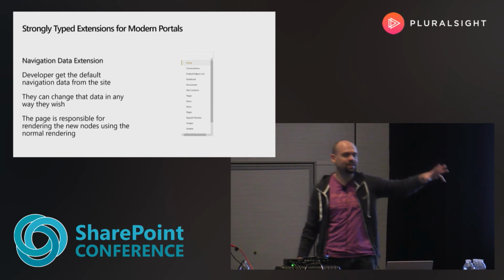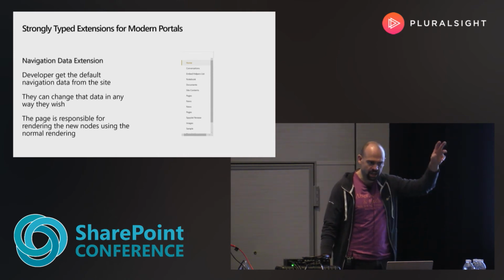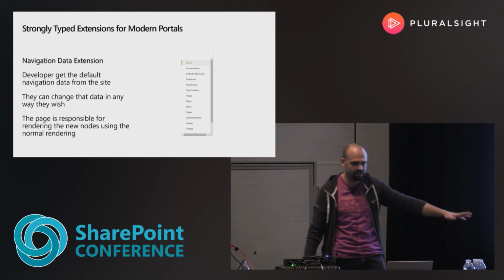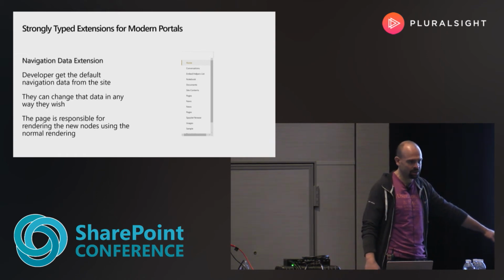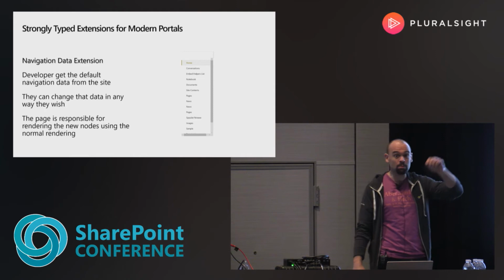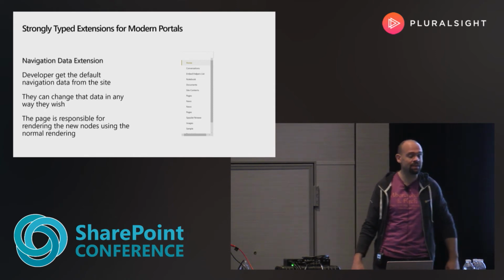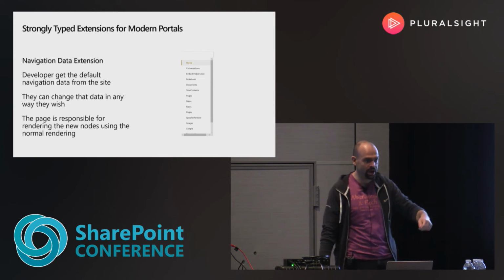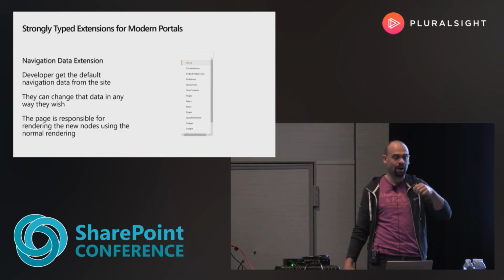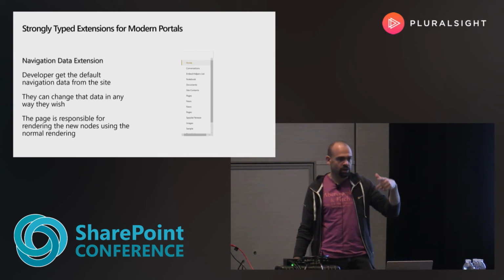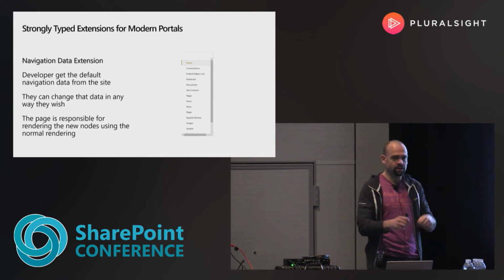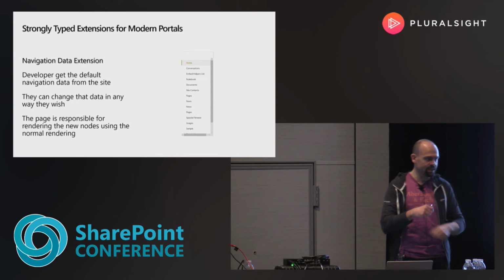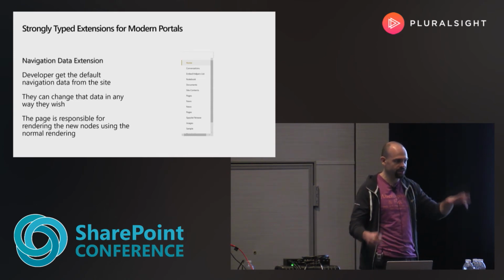You want to have a standard navigation hierarchy and information available across all of your sites or in some of your sites, but you don't want to take care about the navigation rendering. And most importantly, you want that navigation to show up in the SharePoint mobile client in the same way that the out-of-the-box navigation works. So the idea will be that you create a component. That component only provides back data. We will understand the data, and we will render the data for you in the same way that we render